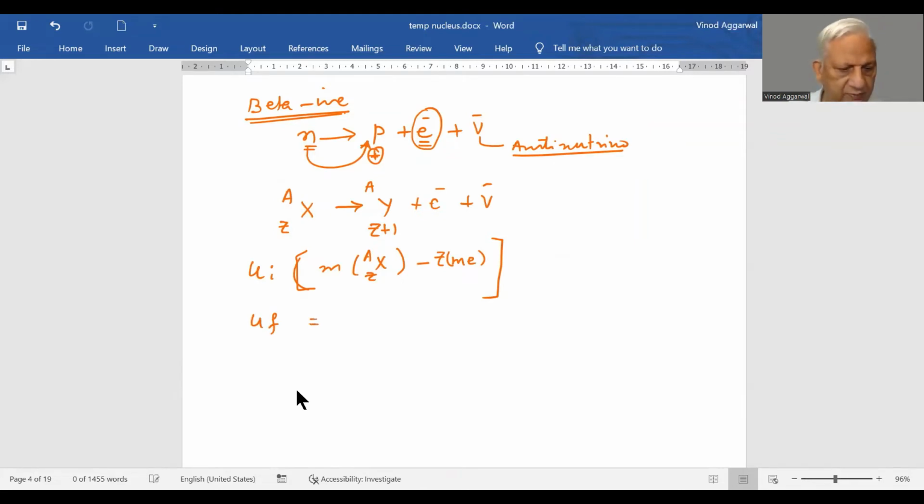Final rest mass is Y. Similarly, we have to take out the electrons. Now it will contain Z plus 1 number of electrons. Plus what you have got is one another electron. So this is the mass of the electron. So what we get is